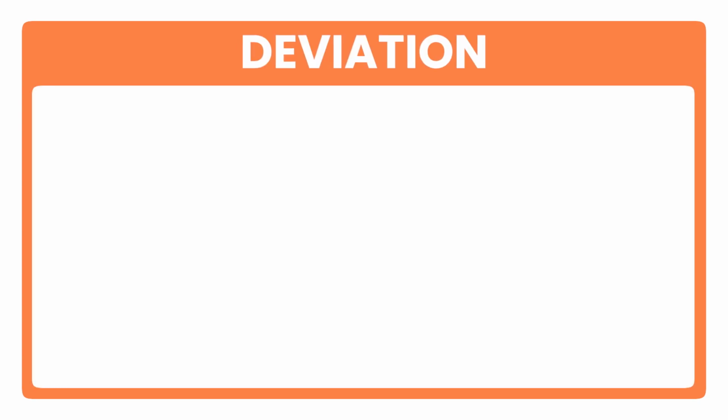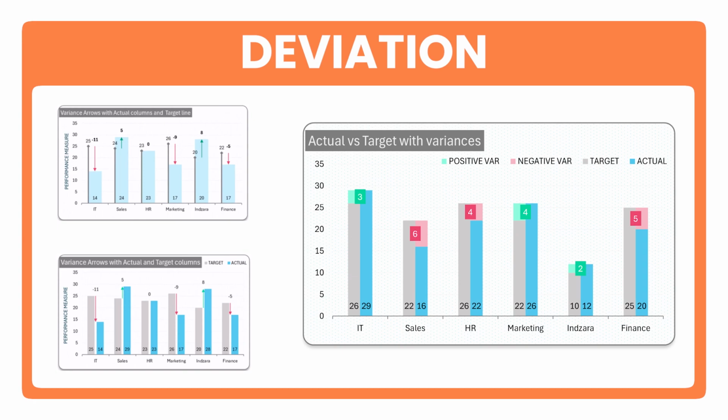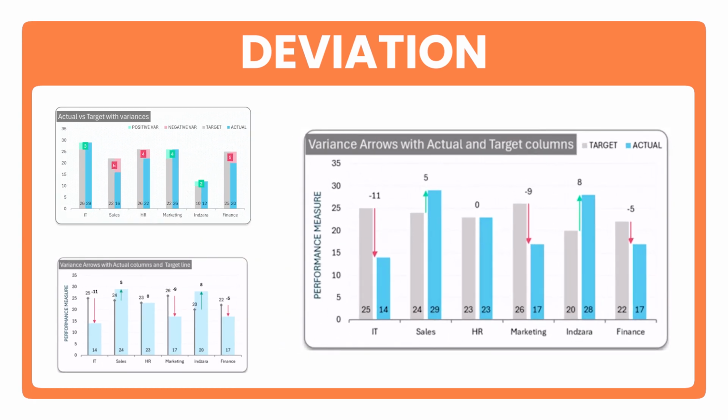Now let's move on to deviation. This is kind of an extension of the benchmarking where we compare from actual to target values, but we can also show the variance or the deviation of the actual from the target. So we can present the percentage change from the forecast or target or budget. We can also do the absolute number change, and these can be presented as they are,